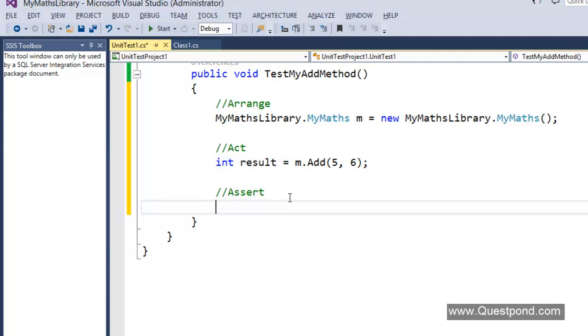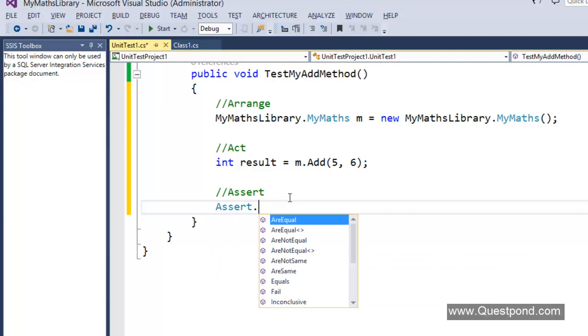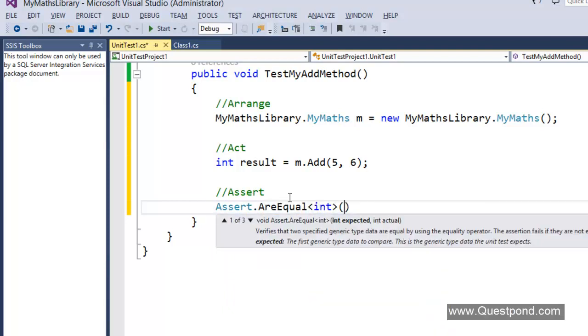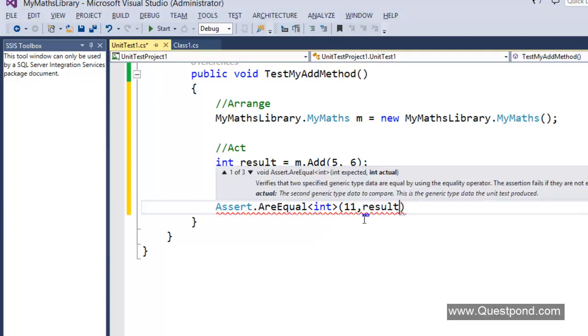So here we will say Assert.AreEqual, we will use this generic version int, because we know that the response is going to be int. So we'll say we are expecting 11, because we know when we add 5 and 6 we will get 11, and we will say result.